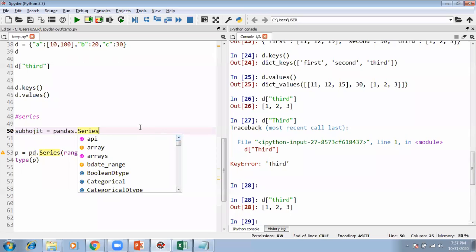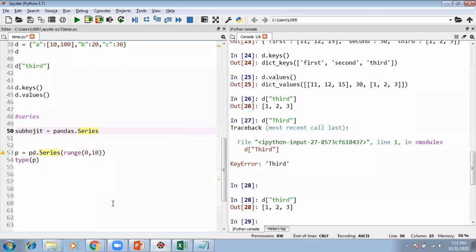So within series I can write range. Maybe I want something like 10 comma 15. That means I want 10 to 15.